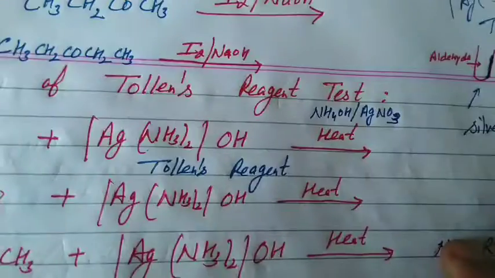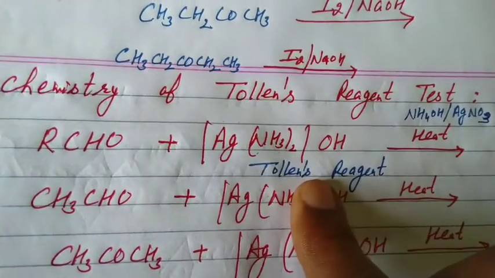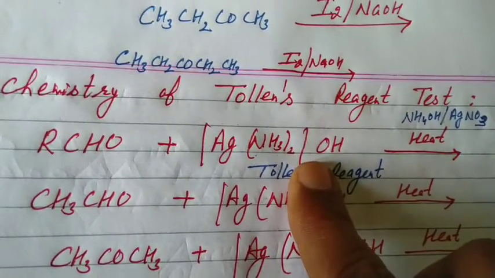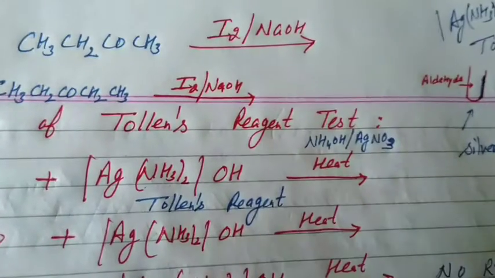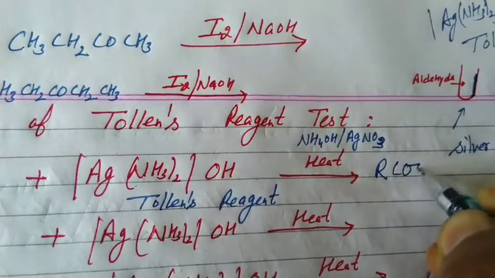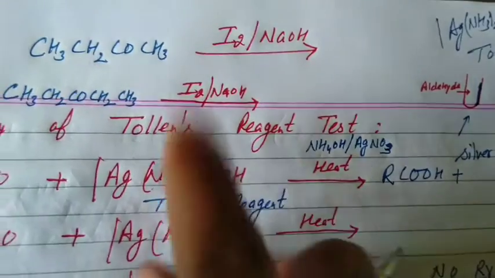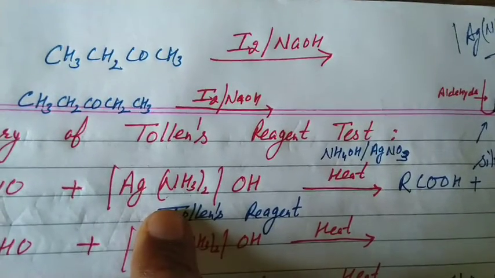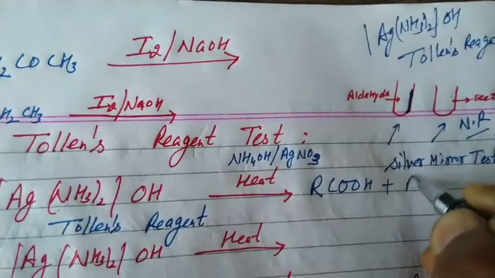Please try to understand. That's the chemistry of Tollens reagent. When we treat an aldehyde with Tollens reagent, a weak oxidizing agent, it will oxidize the aldehyde to acid. RCHO, aldehydes are oxidized to acid with the same carbon, we know. It will form RCOOH. Now what will happen? The oxidizing agent oxidizes the other, but itself is reduced. Silver ion will reduce to metallic silver, that is, it changes to Ag.